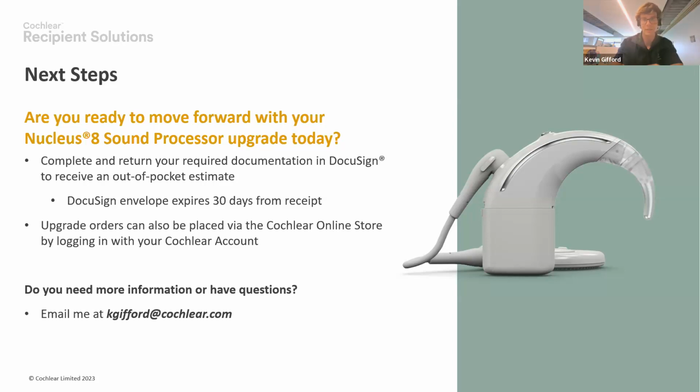Yeah, perfect. That's a great question. So, with your initial system, so this means your first processor you get with Cochlear, that initial system processor comes with a 5-year warranty. Now, after your initial system and you upgrade, it comes with a 3-year warranty. So I know sometimes it gets a little confusing. Hey, why was my first processor 5 years, my second one 3? It is whenever you upgrade or after you upgrade, that processor comes with a 3-year warranty. Yeah, that was a good question.